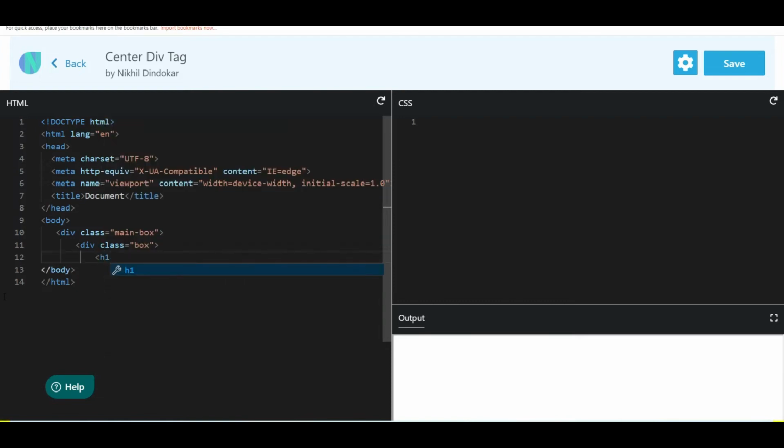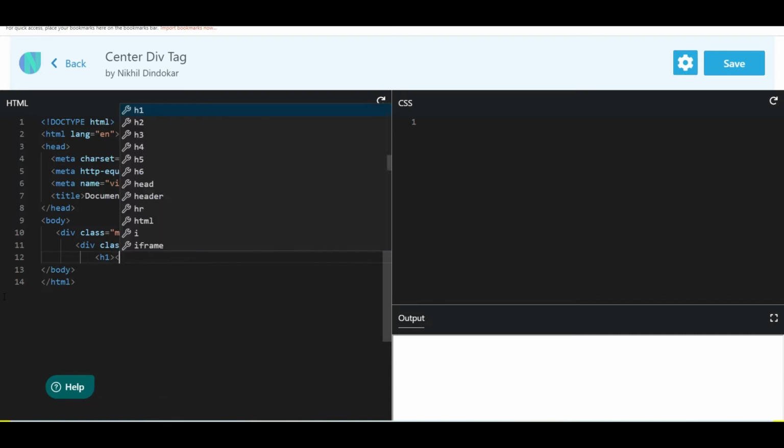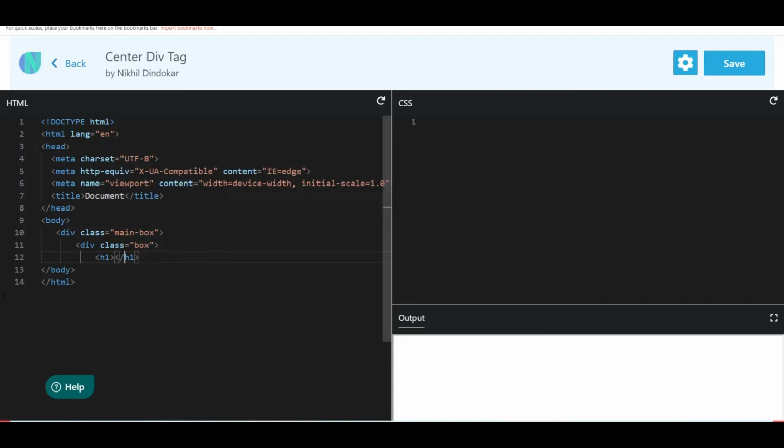For that we will use our h1 tag, our heading tag. Let's add some demo text, and let's close these div tags. Let's close our main div tag. So now our HTML code is ready.